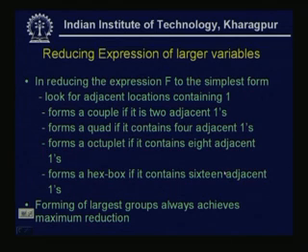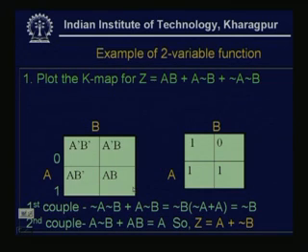And we will always try to form the largest group, because the largest group always achieves maximum reduction. We have seen last day 1-2 variable functions, depending on how we apply the rule of reduction. This is one example: Z is a b bar plus a bar b bar. Then what we have seen is that there are 3 min terms, so there will be 3 ones in the K-map. So, the first couple will be